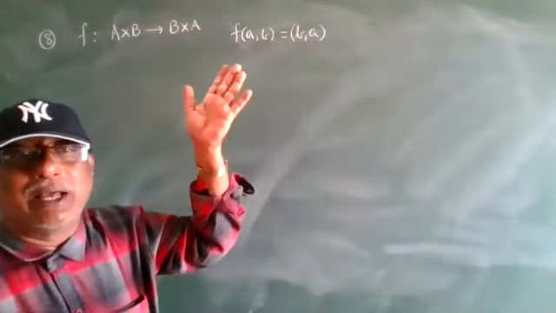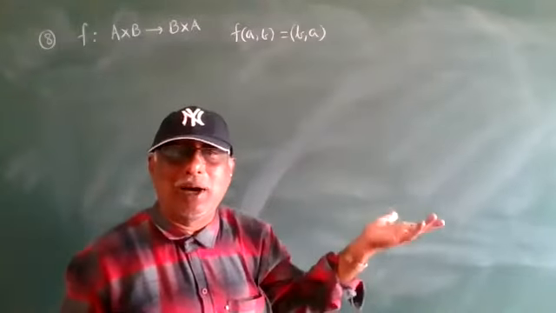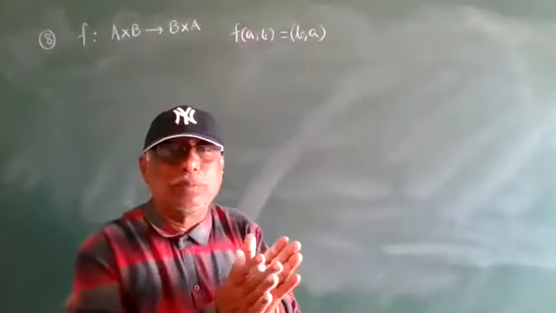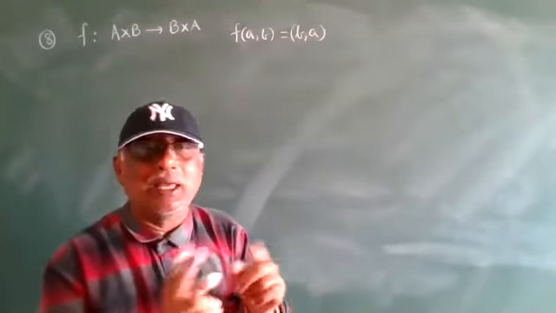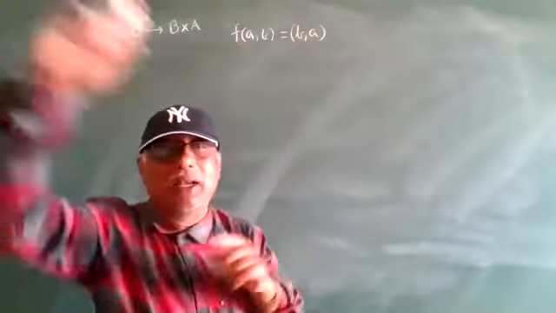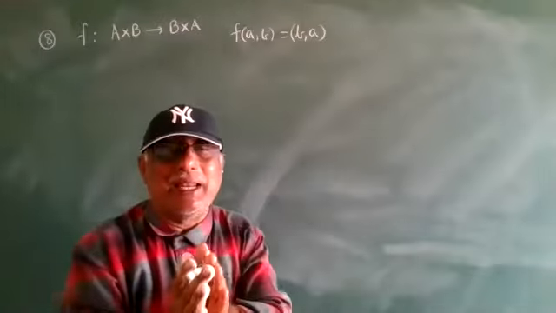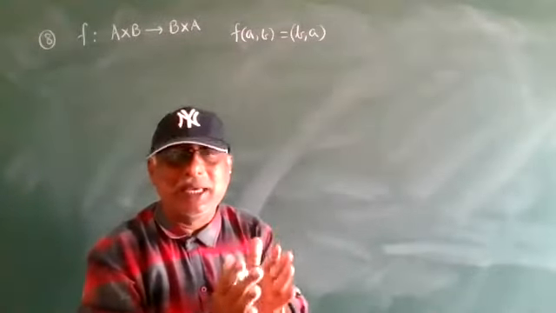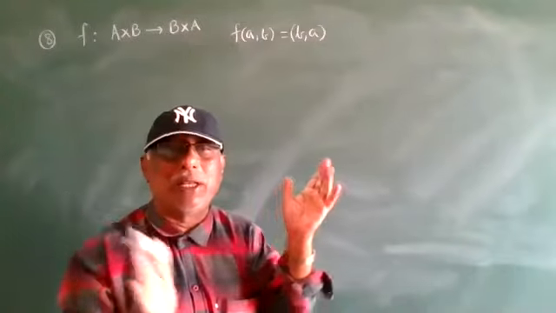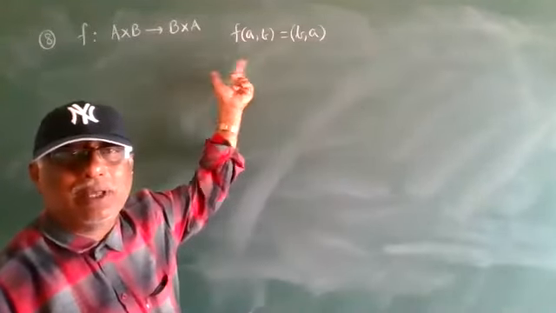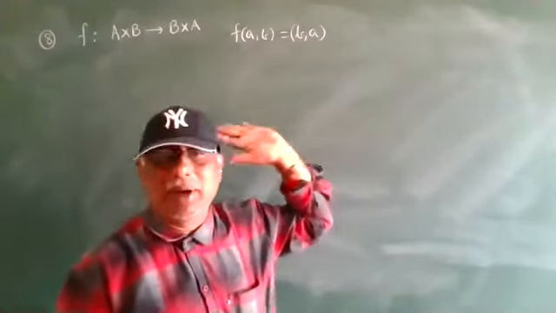We can take p comma q and q comma r, any element, but they should be side by side elements: A, B, C, D, E, F, that type only. A and Z we can't take. A and C we can't take. Side by side elements: A, B, or B, C, or C, D. That type of elements we can take. This is the set builder form. Sir, only A, B is given? Not necessary, any element we can take.